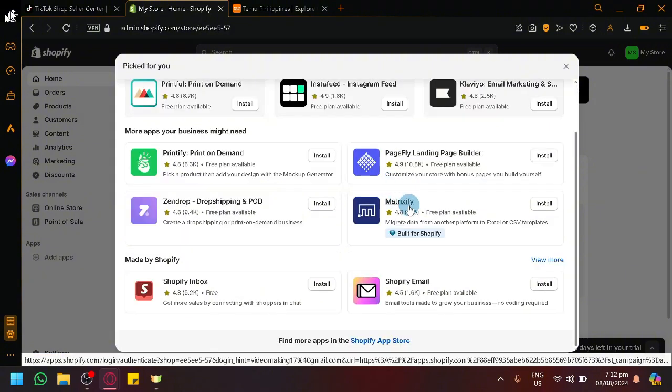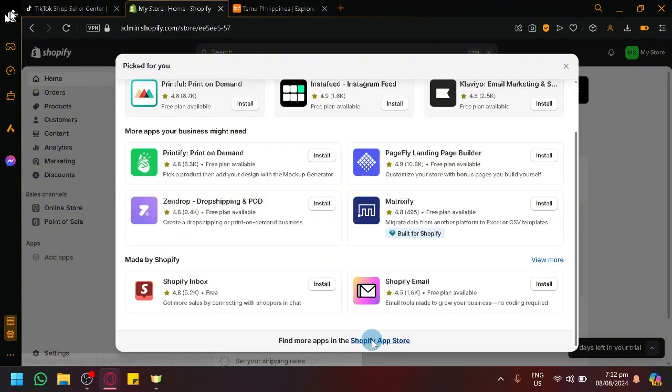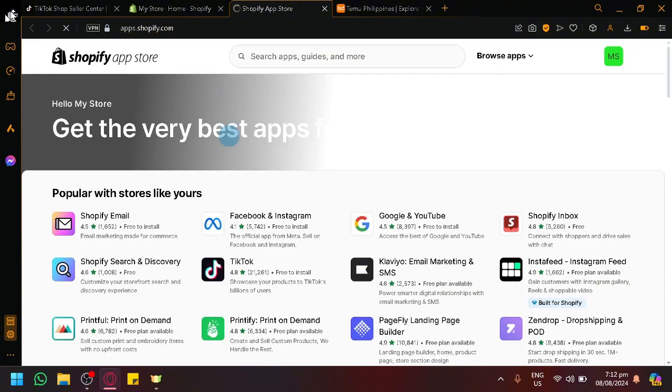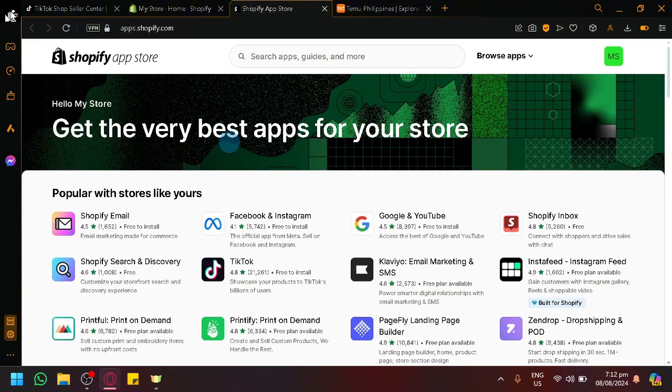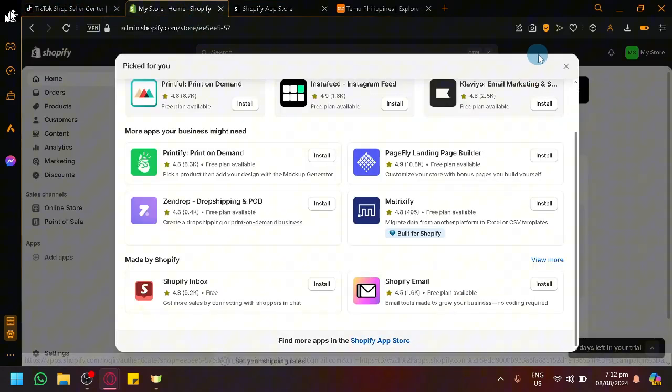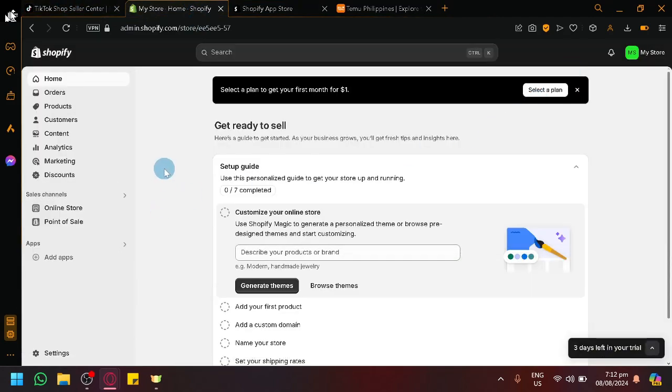Now in this page, scroll down to the bottom and click on Shopify App Store. Now in this page, we will be able to look through all the different apps that are actually built for Shopify to improve its features. So later on, if you want to use Shopify as your management for your business, because you could do that,